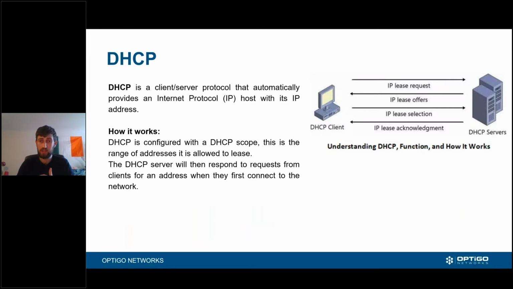Yes, then we have to go into DHCP and how this actually works, and what we were just saying there, even briefly as we covered it. It is a client-server protocol, where you have your client and you go to your server and ask, it is a request, can I lease an IP address for a given amount of time? So the device, that laptop, comes on the network and will naturally send out a request. You see here we have the IP lease request. The DHCP server will then offer an IP address.